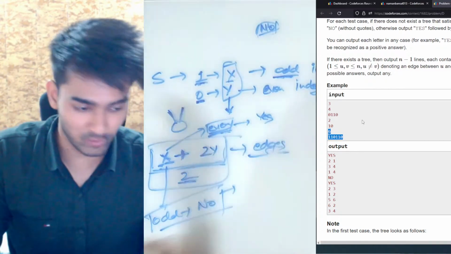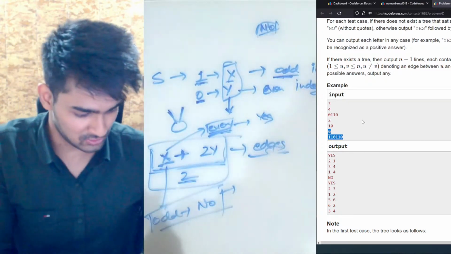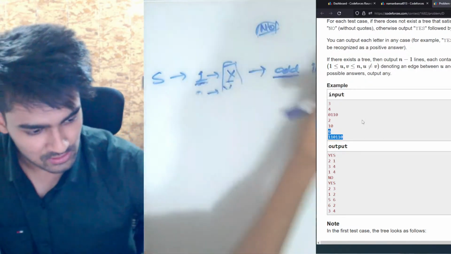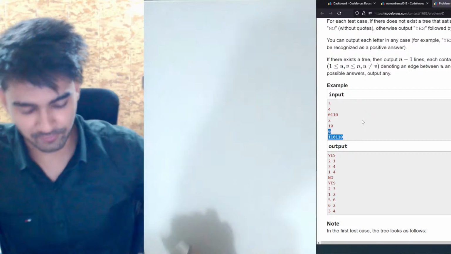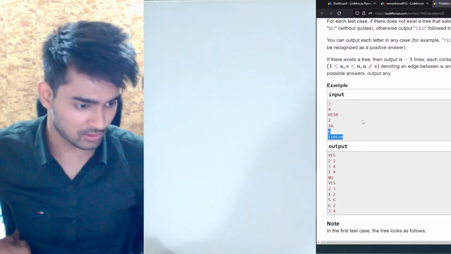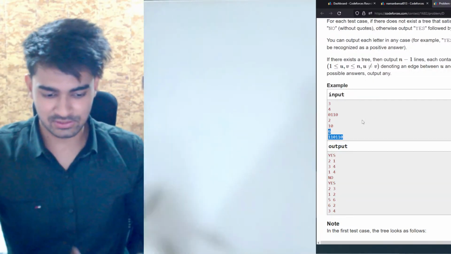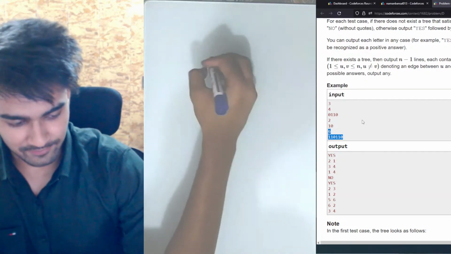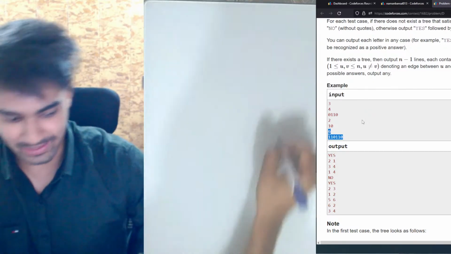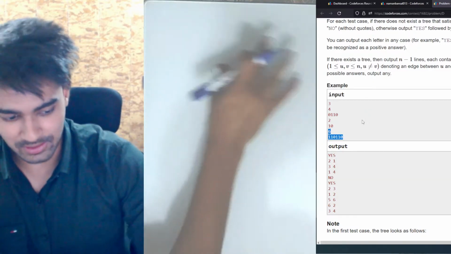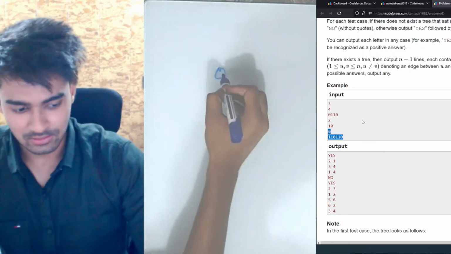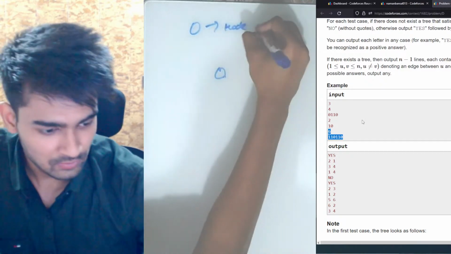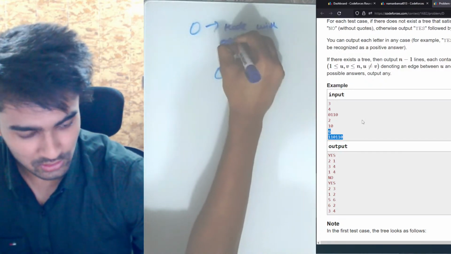Now let's move to when the answer is yes. Okay, so this problem is all about observation actually. I have two approaches for this problem. One is very easy and the other one is difficult. I will explain the easier version first. Let's say a complete cycle was, okay, what I'm actually going to do is, O means a node with odd degree,